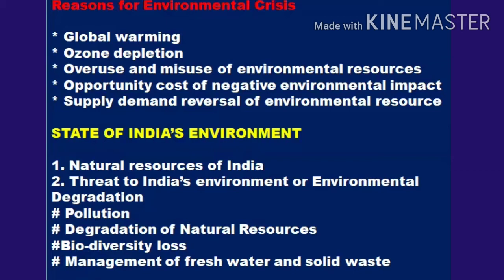So next is biodiversity loss. The high density of population, livestock, and competing uses of land for agriculture, forestry, human settlements, industries, etc. exert an enormous pressure on the country's finite resources, which put a strain on the ecosystem, resulting in the extinction of plant and animal species. So it's known as biodiversity loss. So we are becoming a reason for the extinction of species, the rare species.